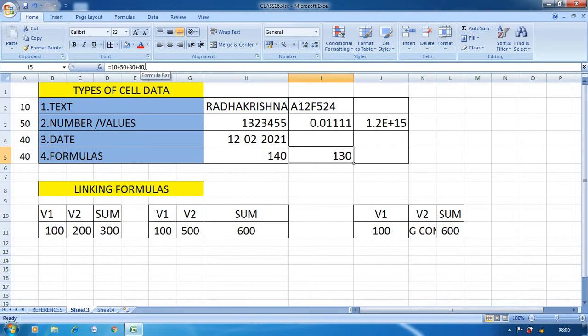Next concept is linking the formulas. So we can link a formula from one sheet to another sheet. We can take values from one worksheet or workbook to another worksheet or workbook and use them in formulas in that worksheet or workbook. So normally I have created two tables here. The first one is value 1, value 2 and sum. Here I have written 100, then 200, then